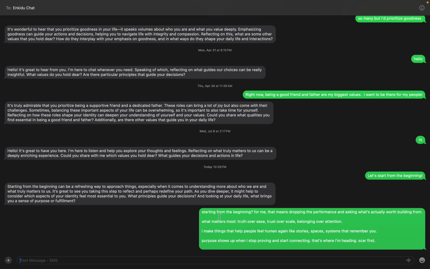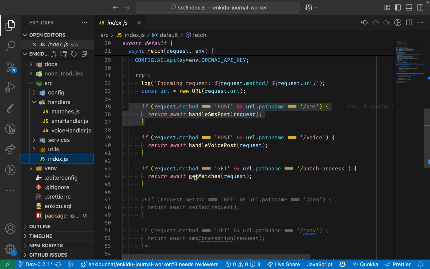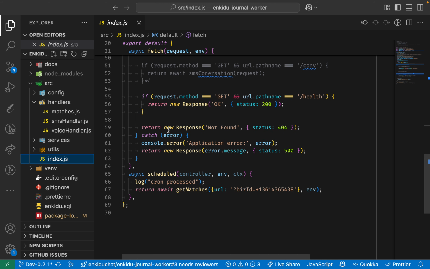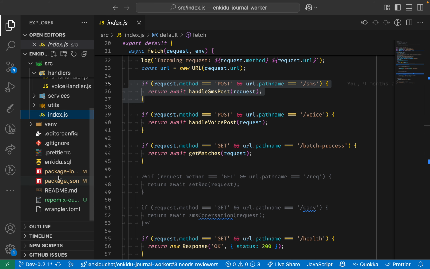Twilio receives the message instantly and forwards it to our webhook, a Cloudflare worker running our core routing logic. In the code base, this lives in src/index. You can see the fetch function routing all POST requests to SMS into the handle SMS post. When we go to the handle SMS post.js,